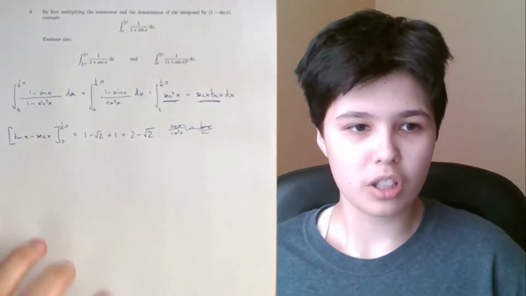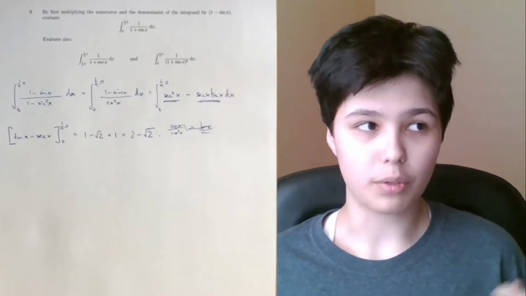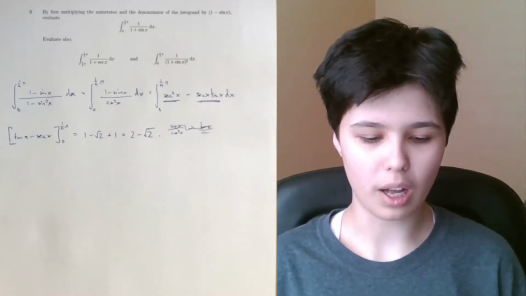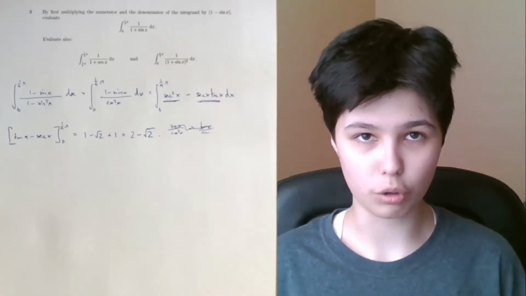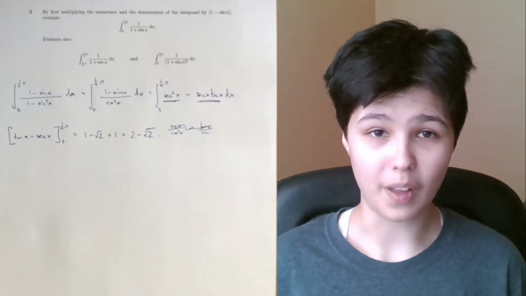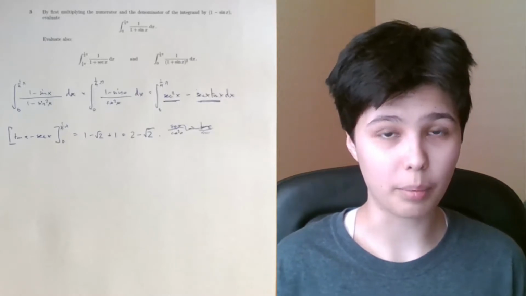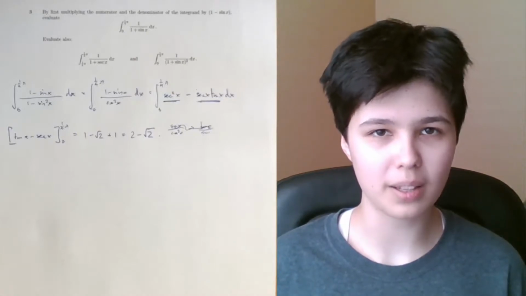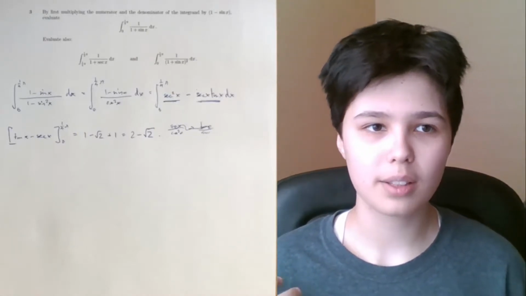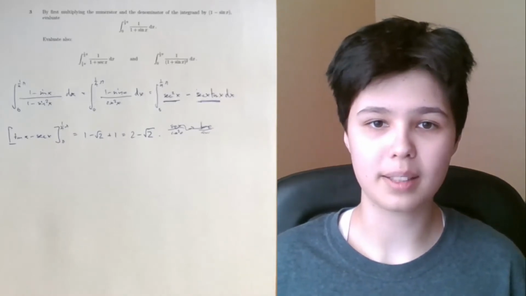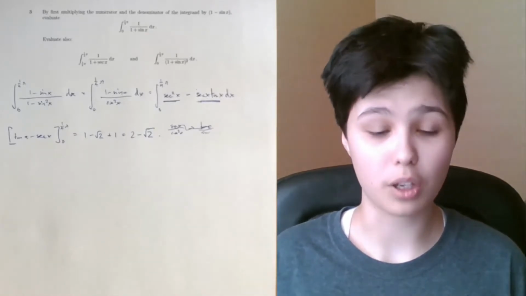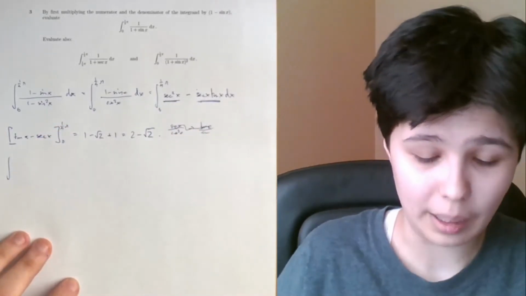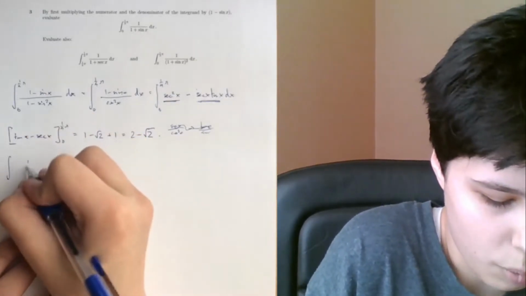The second part of the question, my solution differs from the mark scheme solution. The mark scheme solution does a bunch of algebra on the integrand before actually doing the 1 minus trig function of x trick. I just don't think that doing a bunch of algebra on it before the trick is obvious to the person doing this question for the first time. So my advice with STEP is just do what you're taught to do, and I'm going to do exactly that. This gives me, I'm not going to write limits, I'm going to add limits afterwards, because I'm